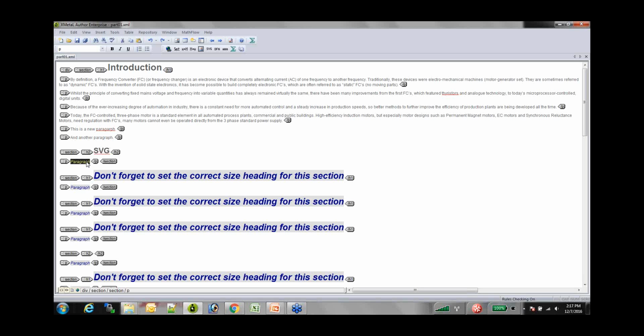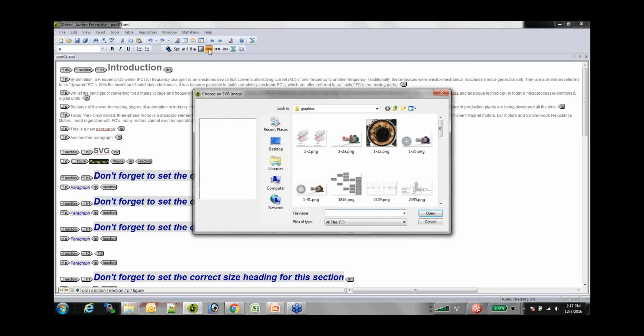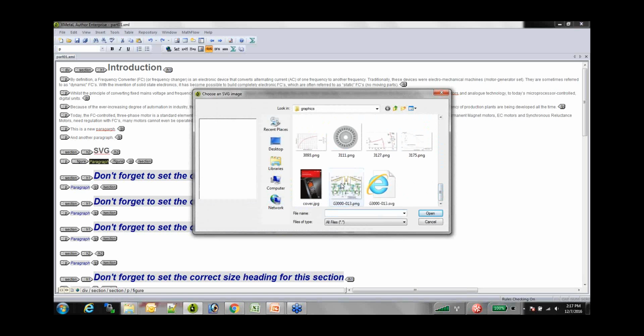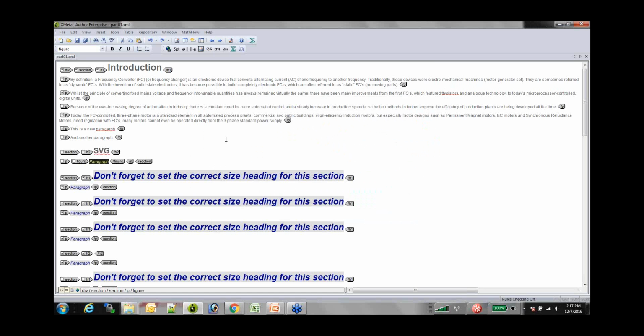Graphics are one of the standard features in XML documents, and features for that are built into XMetaL as well. But I also wrote a little macro code that would help out with some of the markup in the case of the demo. So I'm going to click on my macro button that lets me insert an SVG, and this gives me a dialog that lets me select my element. And when I say OK,